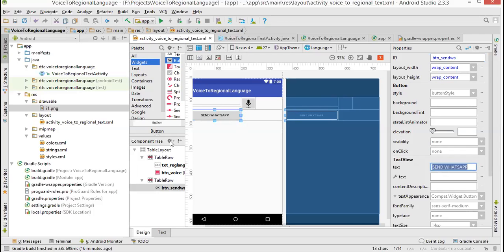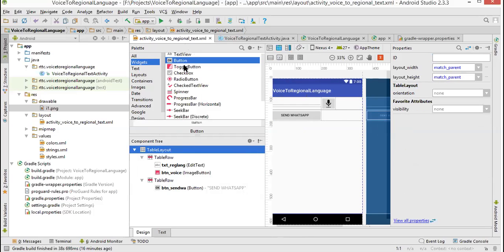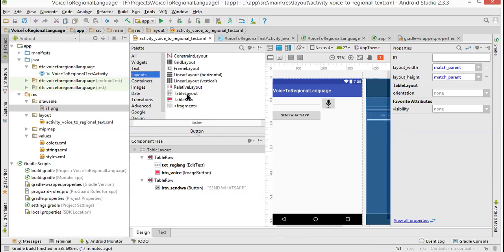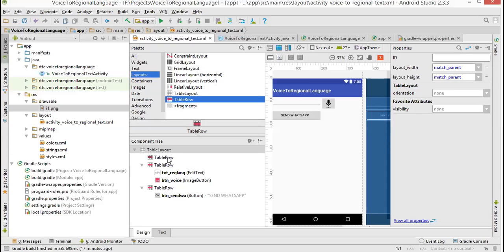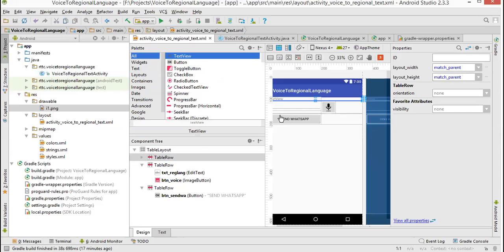Why I'm doing like this means I'm not concentrating much on the colors and all. You can add colors also to these things, not a problem, but it will take long time for setting because UI itself will take a lot of time. So I'll put one more table row to give some space above. I'll put that table row just above this so that we can get some place inside. How you will get means you will go to all text view, this text view empty label. I'll put it in this so that some place you will get it.